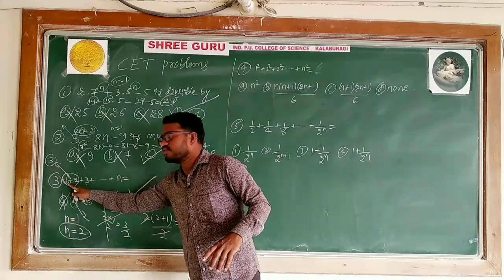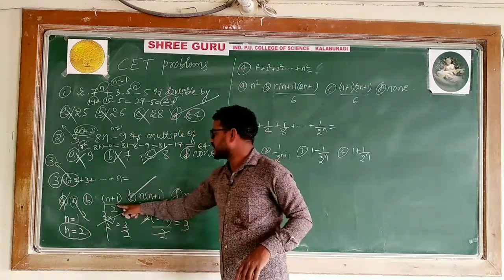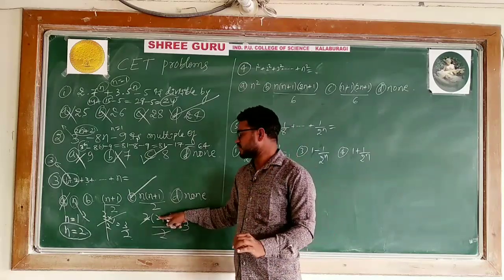2 is not equal to 3. When you are taking n is equal to 2, you have to keep in mind the sum of the two terms. So in this case also it fails. The third option will satisfy. For that reason, this will be the correct answer.